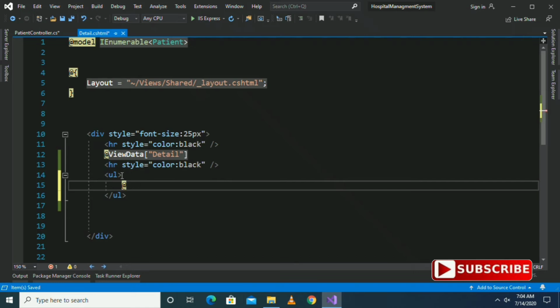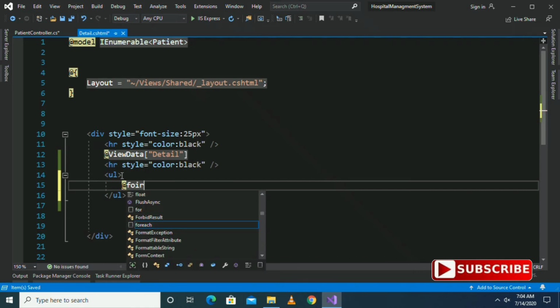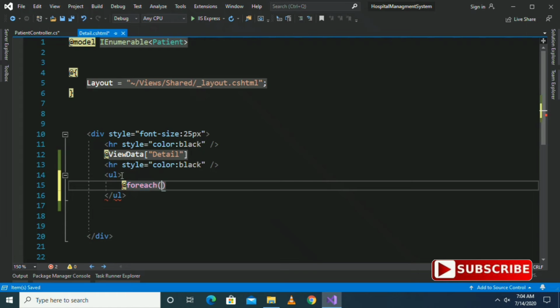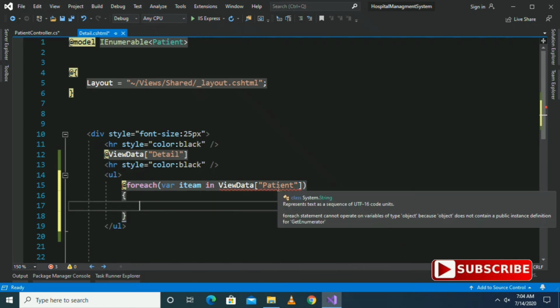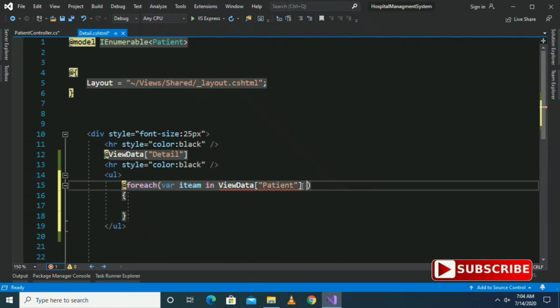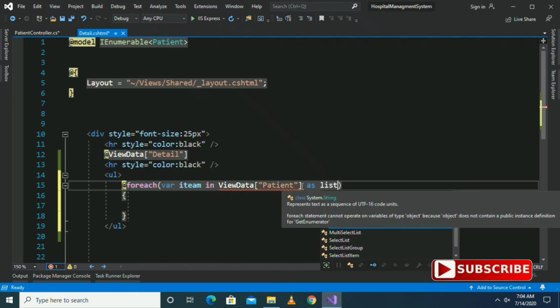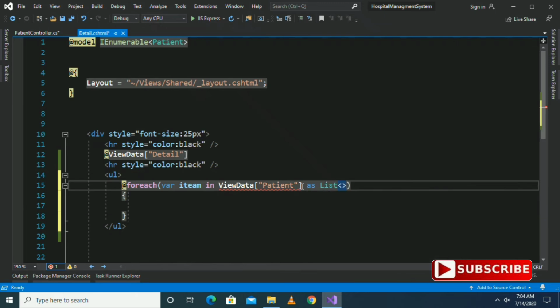Since the for loop is C# code, I have to precede it with @ variable var item in ViewData. Now it is complaining that it doesn't know, actually it doesn't work with objects, so I have to make it workable by specifying which type of data it is: a list of patient.